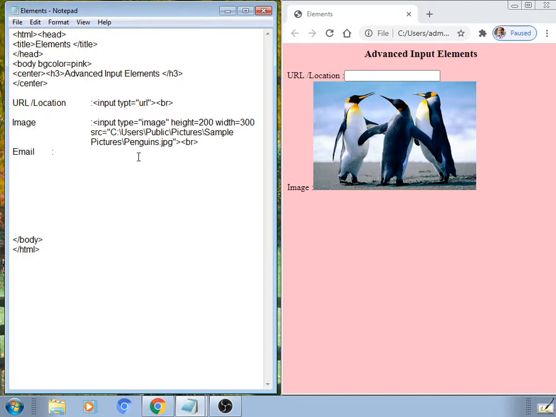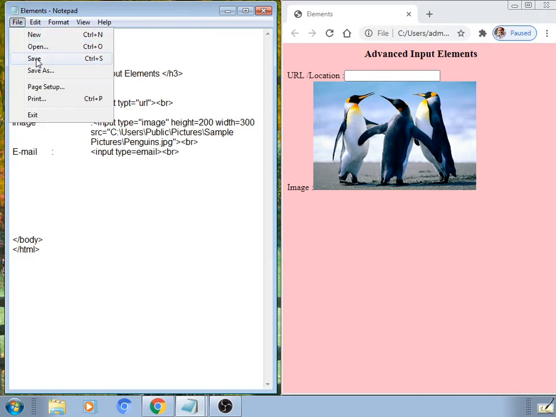So the user has to enter their mail ID here by using again the input tag, input type equal to email. So it will appear in the browser's window.